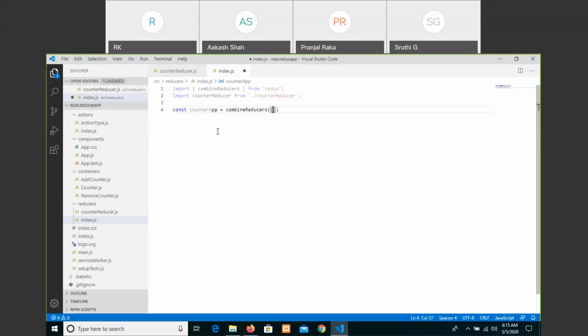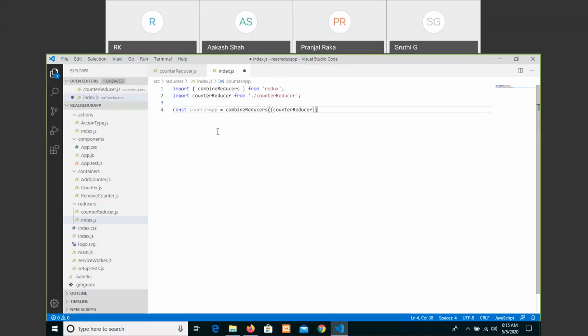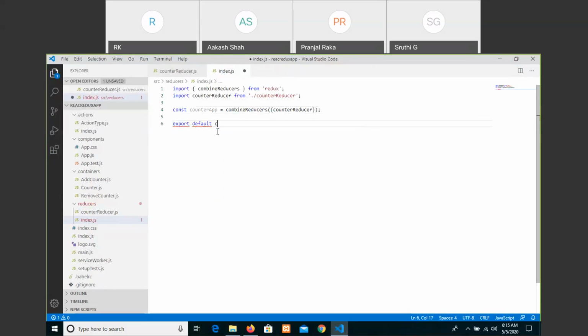Just pass that counterReducer, and export default counterApp.